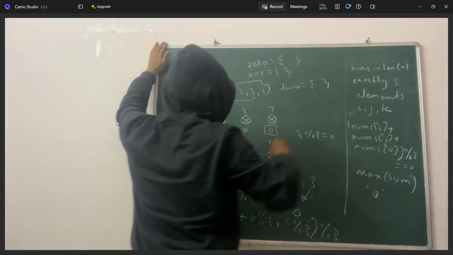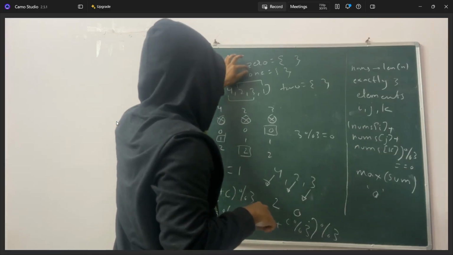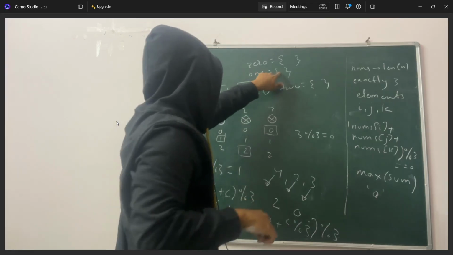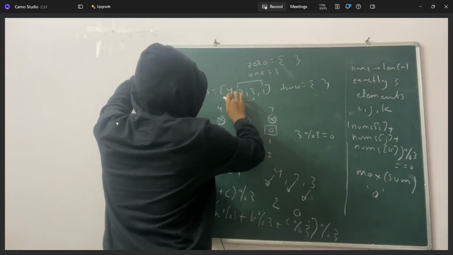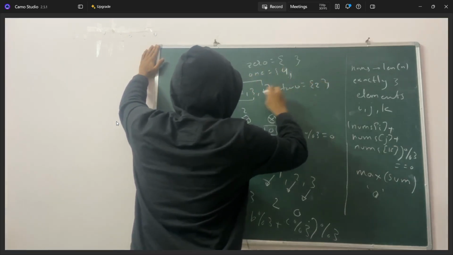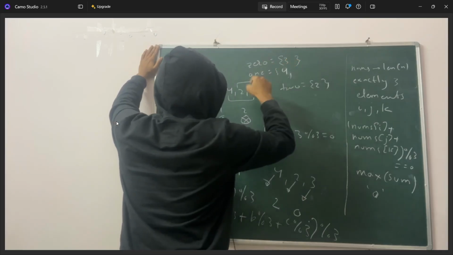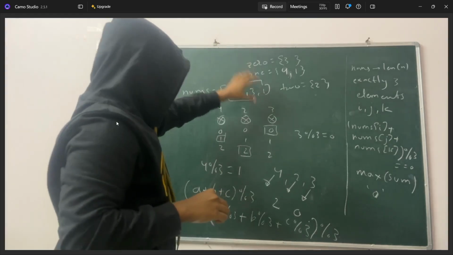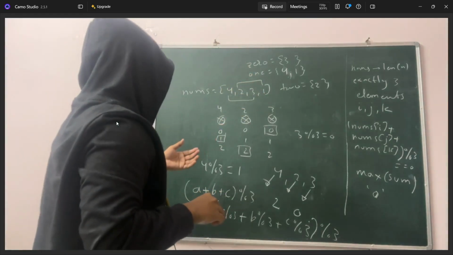This name basically indicates its modulus is 0, its modulus is 1, its modulus is 2. Now let's say 4 will go in vector 1, because 4 modulo 3 is 1, so 4 is here. 2 will go here, 3 will go here because 3 modulo 3 is 0, 1 will go again here. Okay, why we are doing this is that